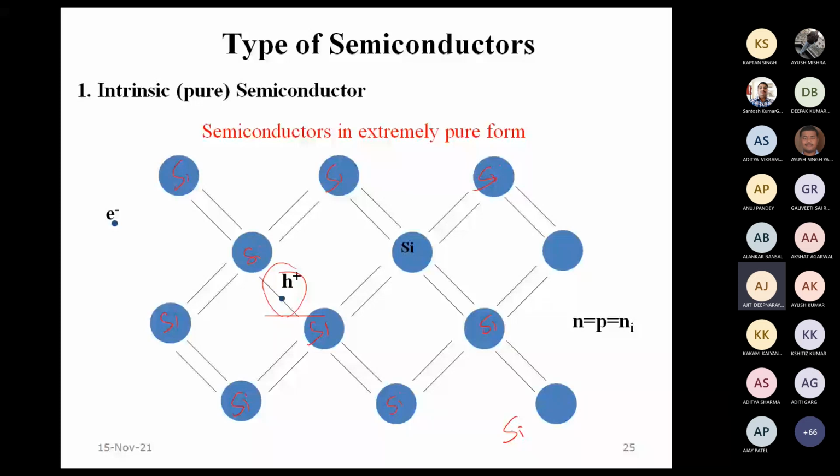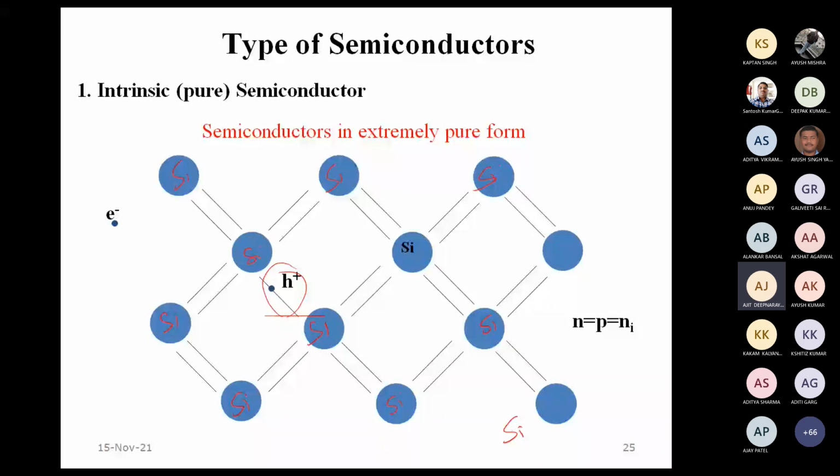So what we mean is, the electron becomes free, and at the place from where it has come, there becomes a deficiency of electrons. If it gets an electron, it will form the perfect covalent bond, but there is a deficiency of electron. That's why it has a positive-like charge waiting to accept electrons. And this is nothing but the hole.